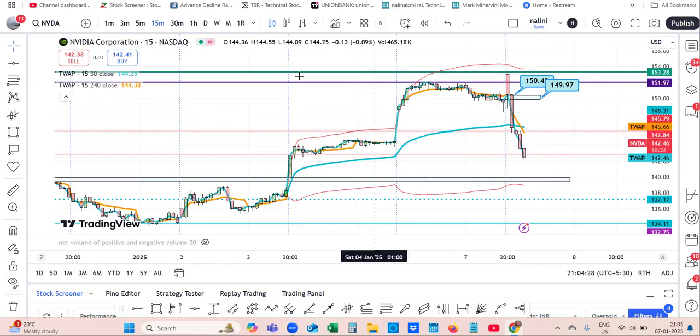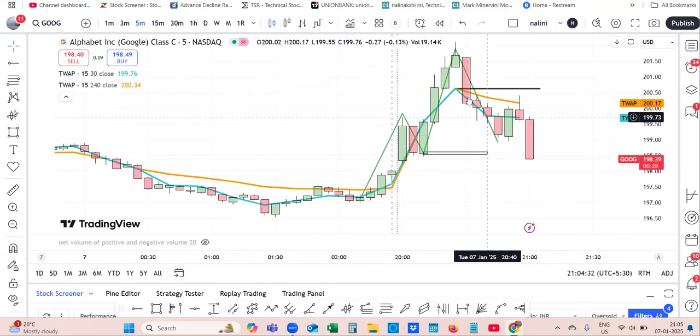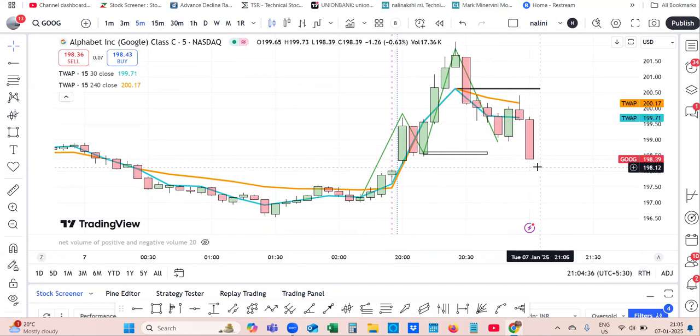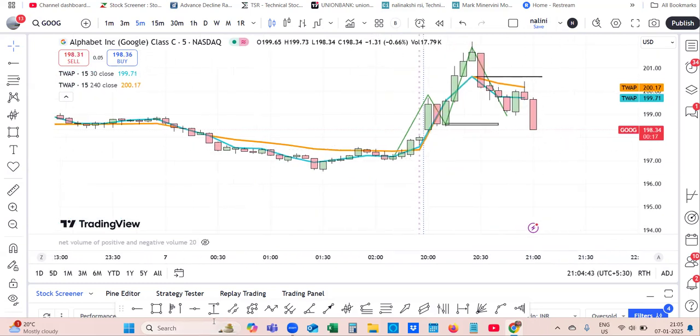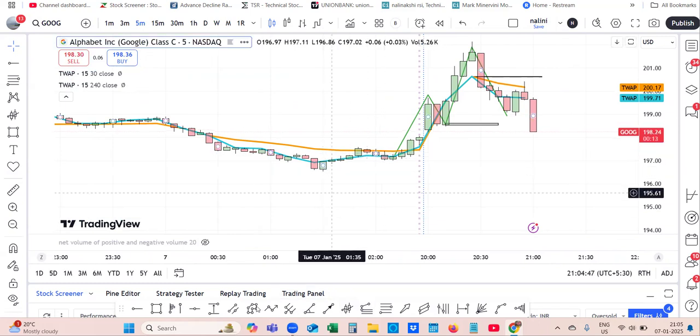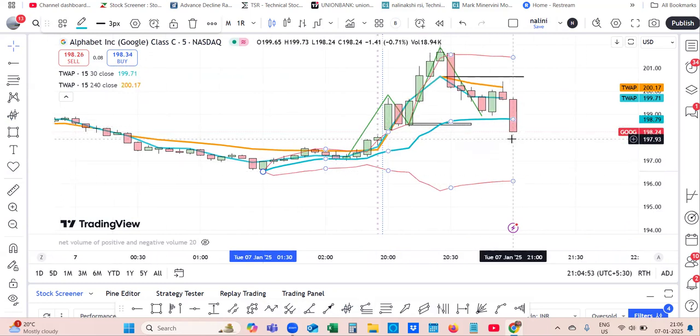Let us go back to Google and see what is happening there. See, it has so beautifully diverged and price is coming below this. Price is going down, right? So now we will anchor the weighted average, fixed weighted average moving price. See, it has come below the